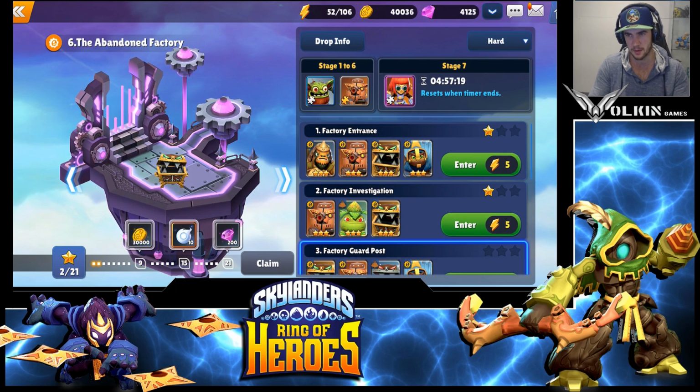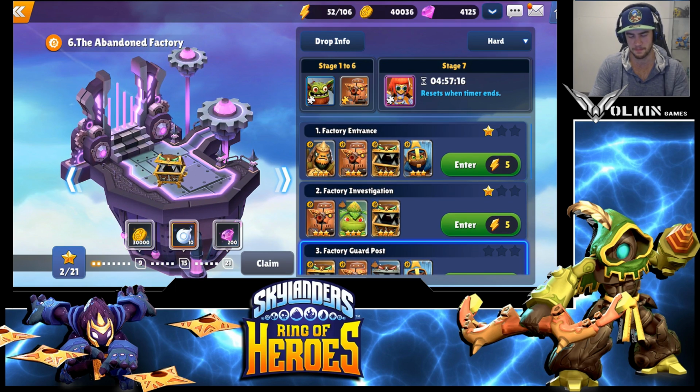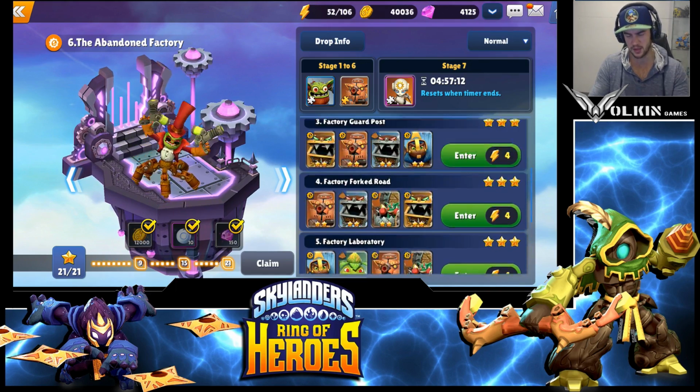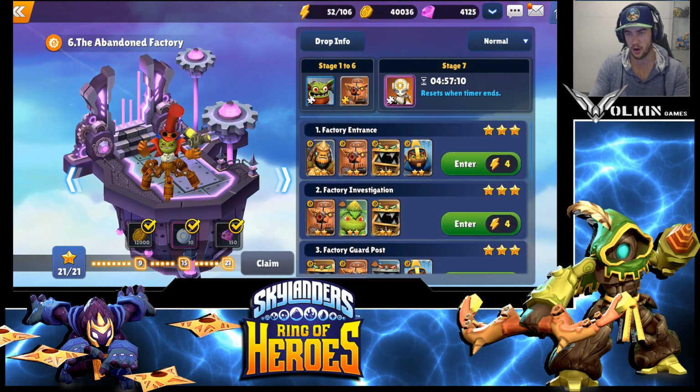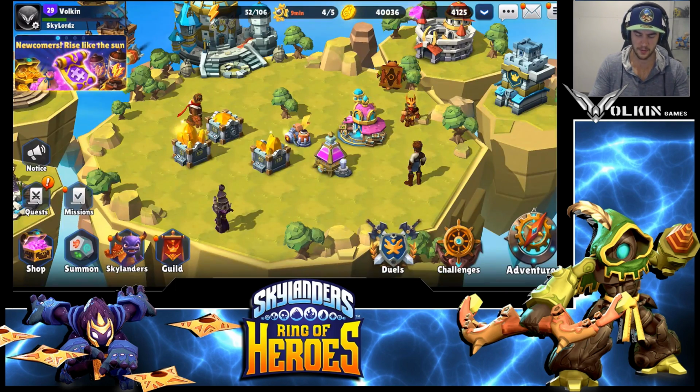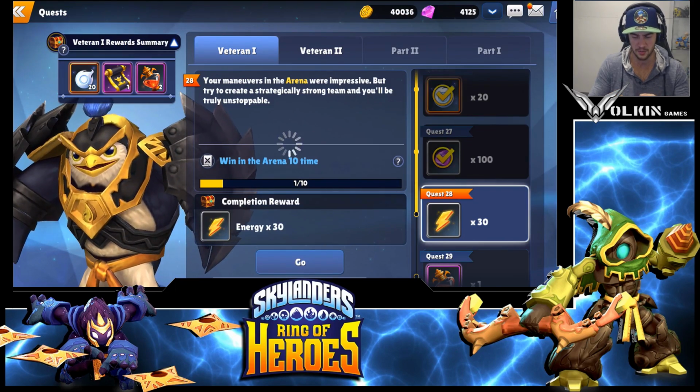So I think I'll just keep farming a bit of normal for the boomer shards, because even though the drop rates are low, it's fairly easy, fairly fast. I do need gold. I'm really gold broke, so scenarios is the best way to get gold, so I've been grinding through that. For the quest line, I've been working through it a bit more on stream,